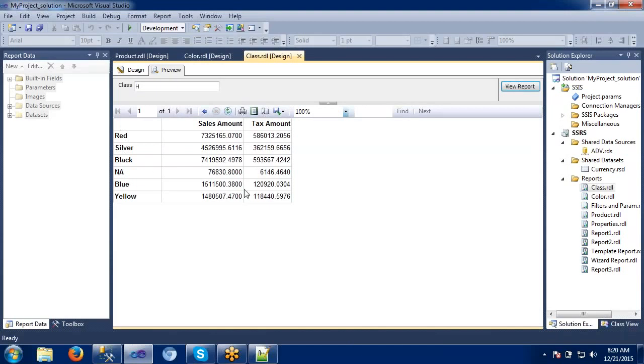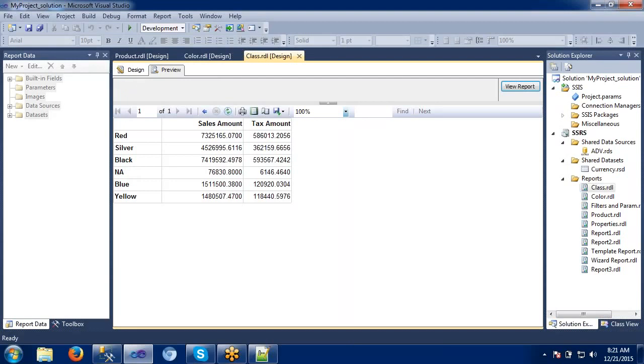This is the color report, right? Just now we have previewed, right? In that I have passed the H. Why? Because I don't know which class is coming from the class report, right? To capture that one, I have taken a class parameter. That's why I have taken a parameter in the color. Okay. See, now if you see this one, again I am having a hand cursor here. Again I am having some link here, which means if I do something it will take me to some other report.